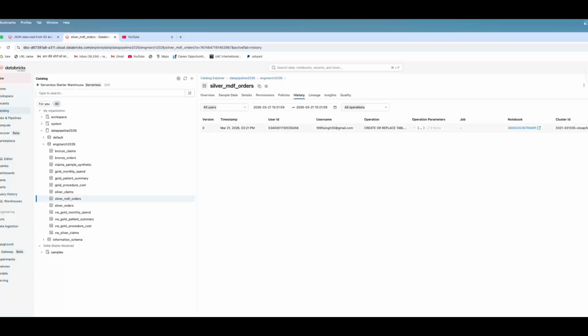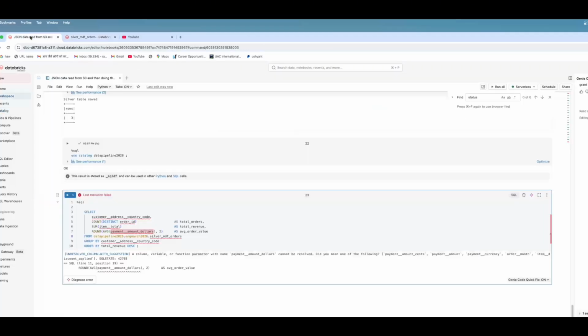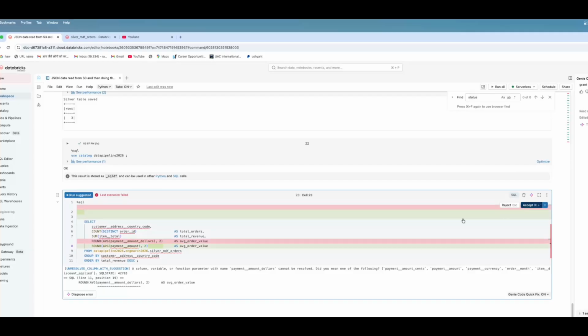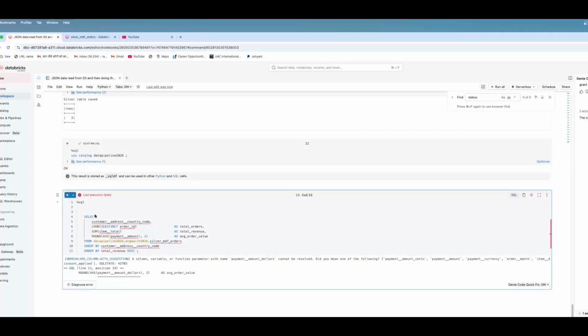Which notebook created it? Right, serializable, timestamp. This is a version 0. All operations. You can also select which type of operations you want to see, whether update, delete, and all these things. So it's gonna update my notebook. Gold is like aggregation, right? That's what is happening in the gold layer. Mostly aggregation to get the revenue or like